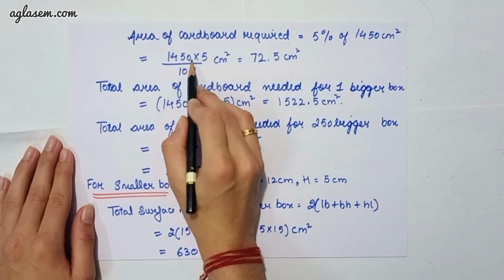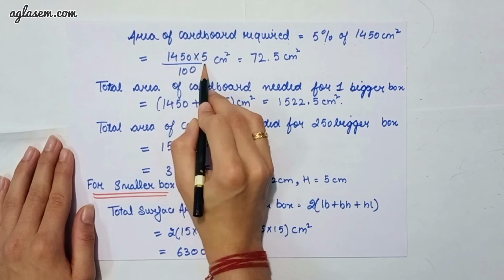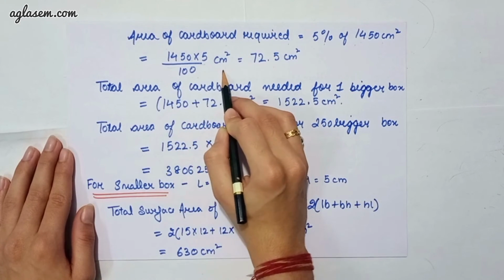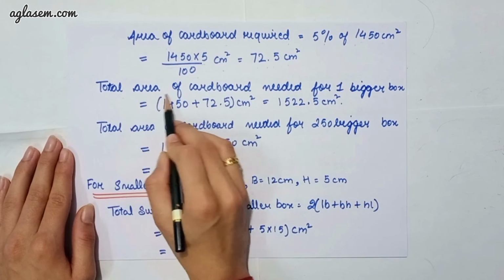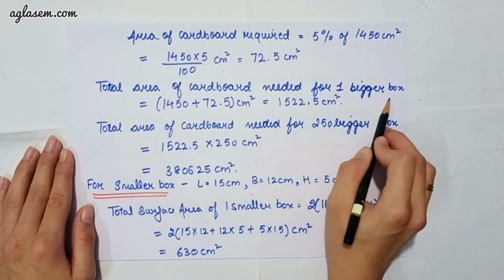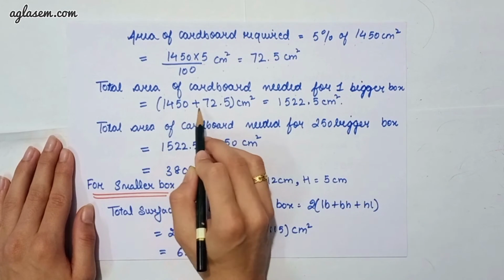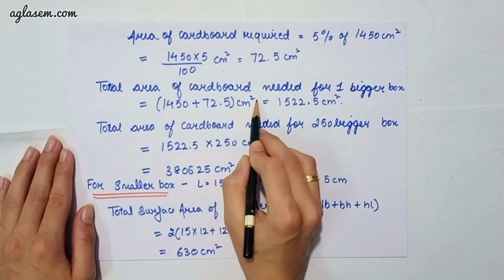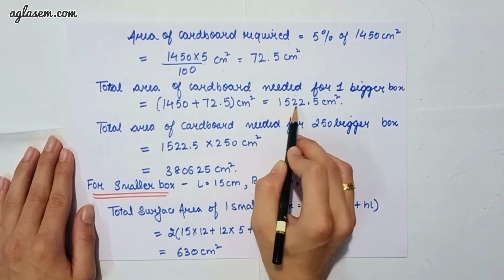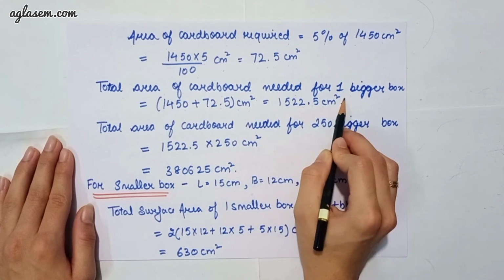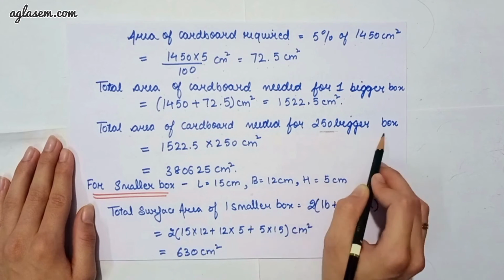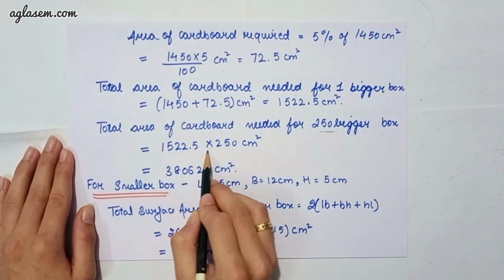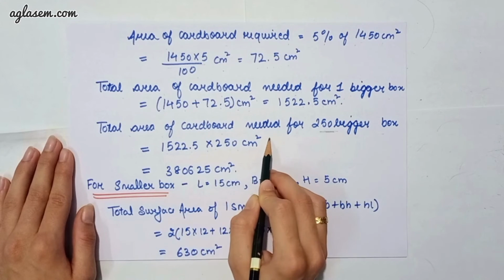So 1450 into 5 divided by 100 centimeter square will give you 72.5 centimeter square. So total area of cardboard needed for one bigger box is 1450 plus 72.5 centimeter square, which will give you 1522.5 centimeter square. So total area of cardboard needed for 250 bigger boxes is 1522.5 into 250 centimeter square, which will give you